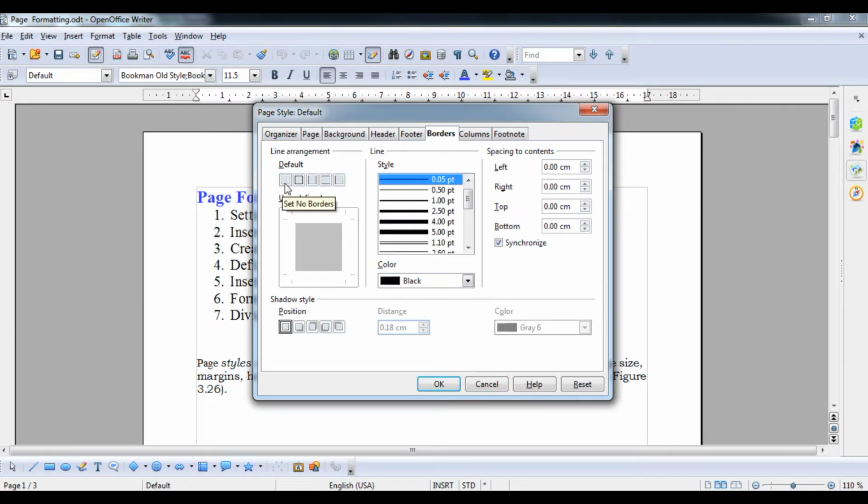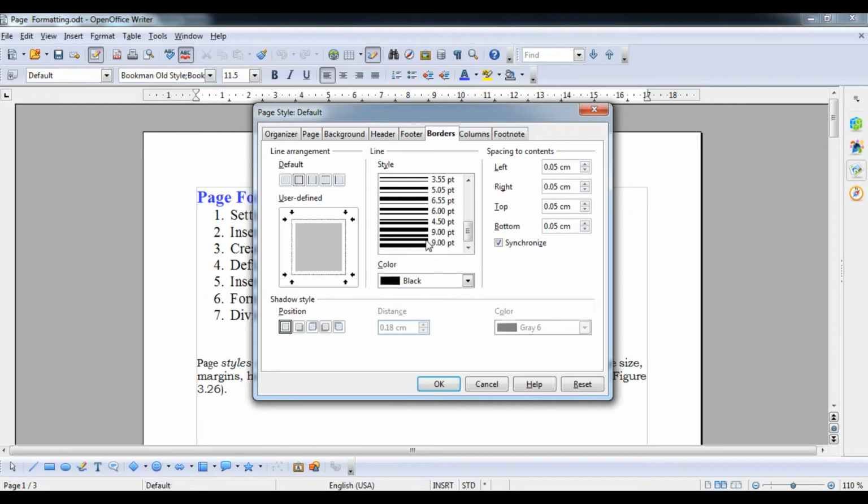Here you can see the line arrangement. This particular one sets no border. This one sets all 4 borders. This one sets the right side, this one the left and right sides, this one the top and bottom sides, and this one the right side only. So we are talking about all borders. You have to set which ones you want to show as a border.